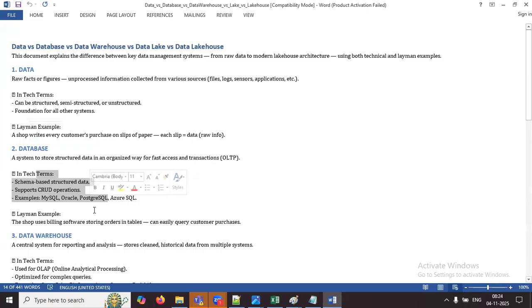You might be wondering, Azure SQL is in the cloud. Yes, it is in the cloud. The normal SQL Server also supports OLTP transactions, but it is not the cloud one. The similar cloud offering is Azure SQL.